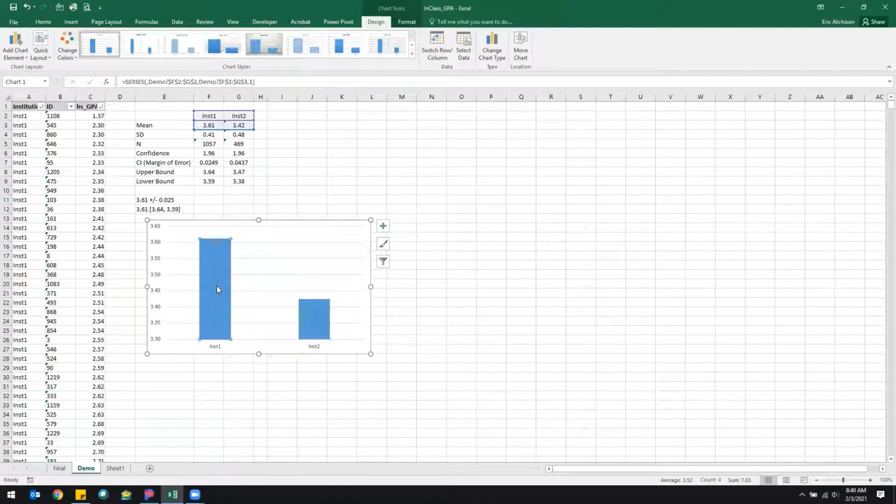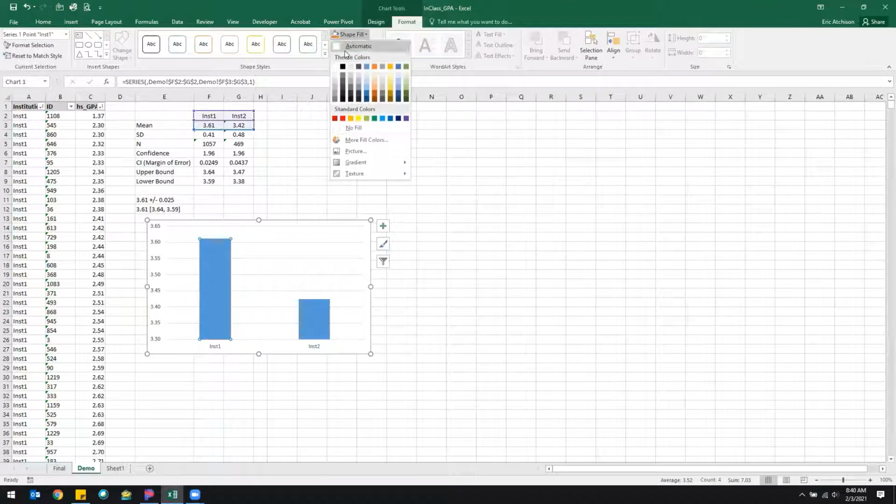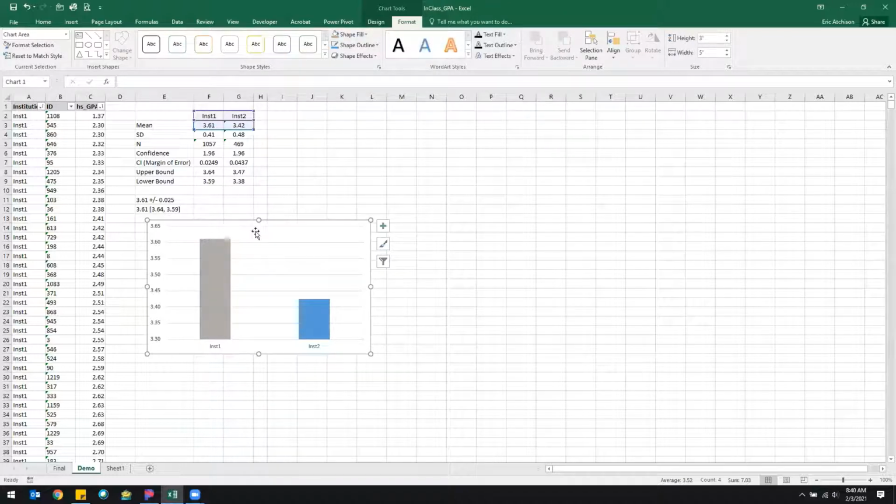For the sake of just knowing what we're looking at, let's change institution 1 to a different color. So you'll notice I click on it and both bars are selected, and I click on it again and only one bar is selected. And under Format, I'll change that shape fill to a gray, just so I know I'm looking at institution 1, institution 2. Now with the chart selected,